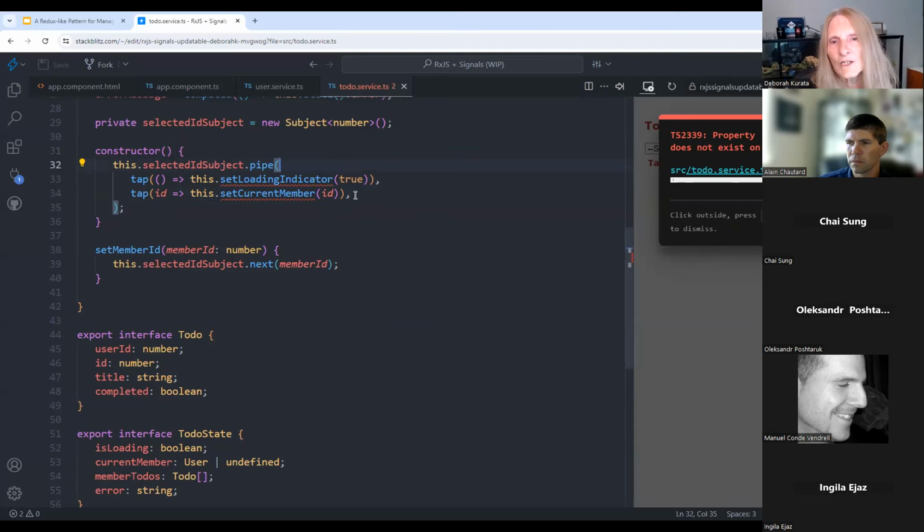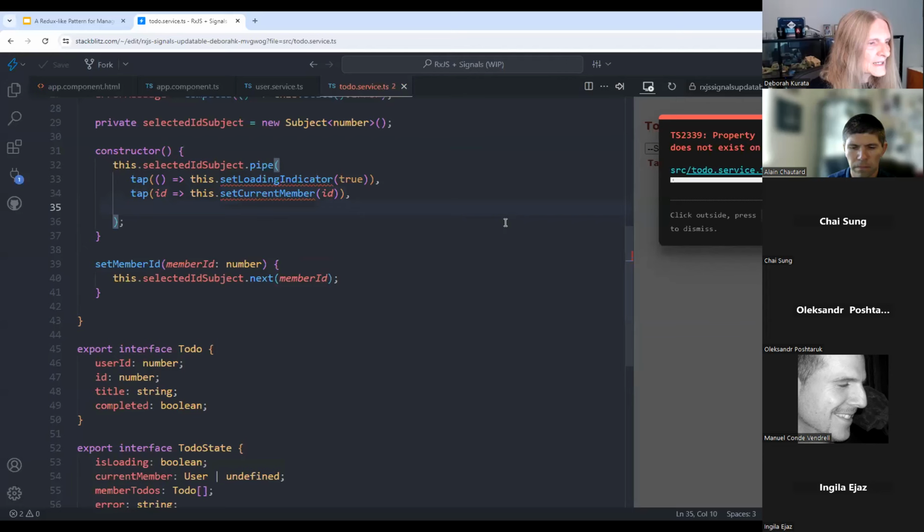We're going to set the current member based on that. So we're going to go ask the user service to give us the current member based on the ID. That again is a tap because it's not affecting our pipeline. It's not modifying that ID. The next thing that we want to do then is go get our to-dos, and we're going to do that